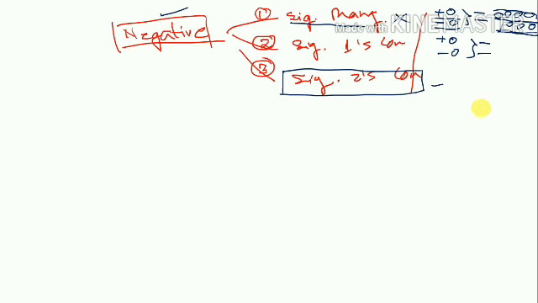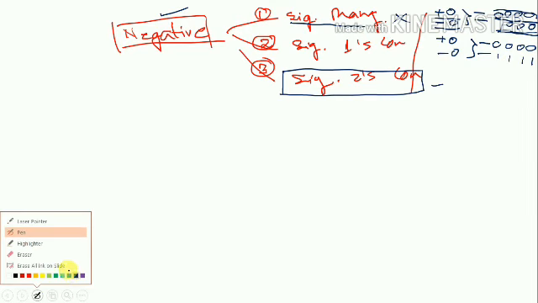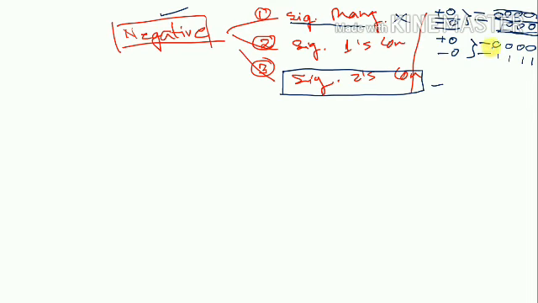In the second method also, plus 0 will be represented as 0 0 0 0 and minus 0 will be 1 1 1 1. Clear? Look here, in this representation method also, plus 0 and minus 0 are two different numbers, but the value of plus 0 and minus 0 is the same.